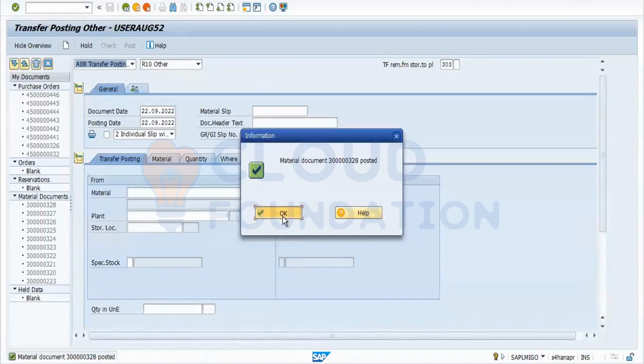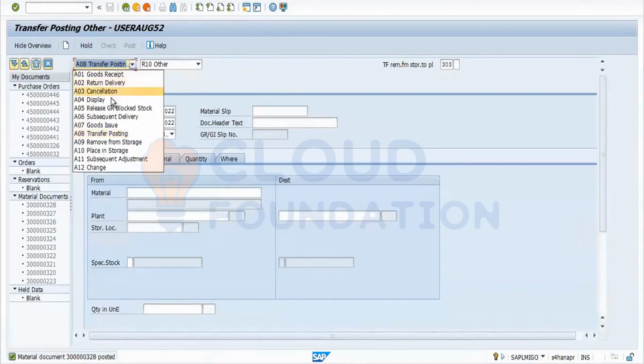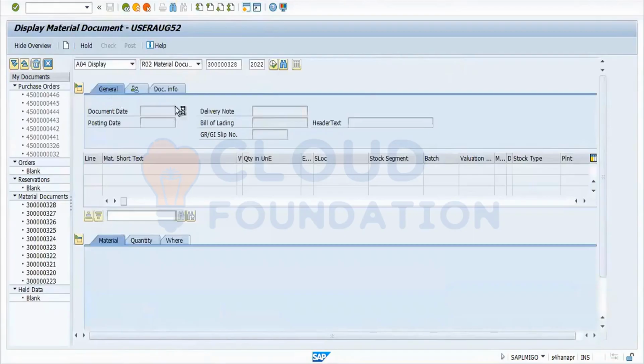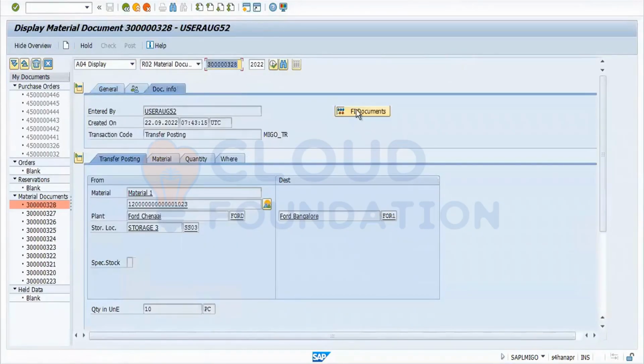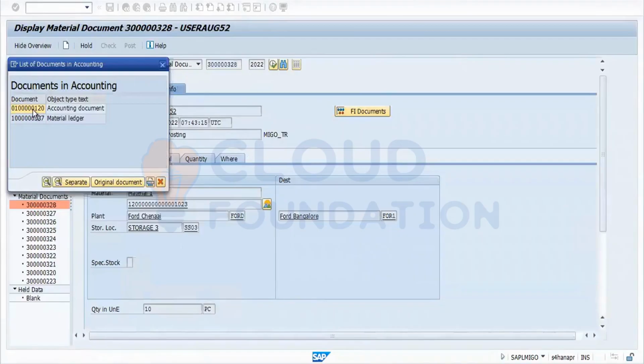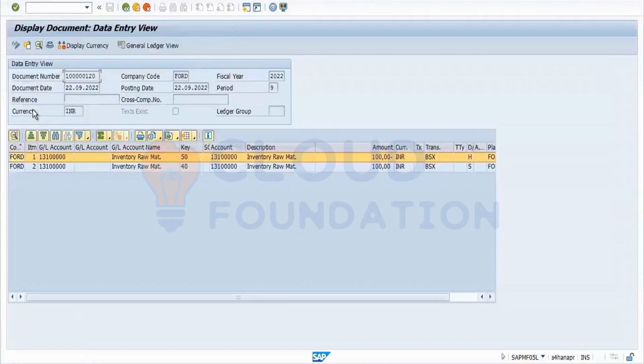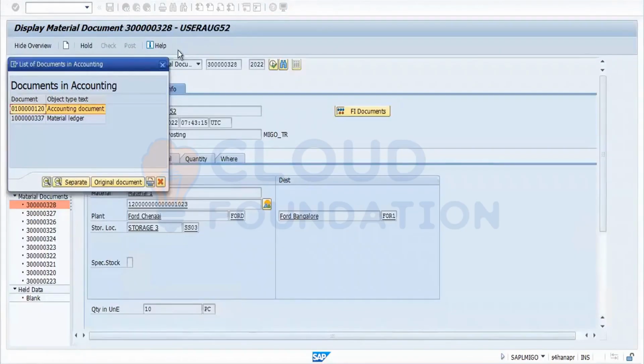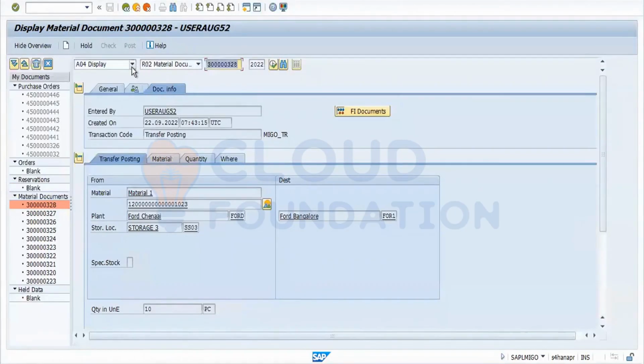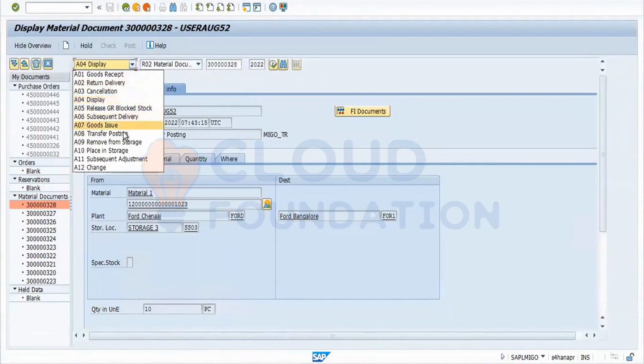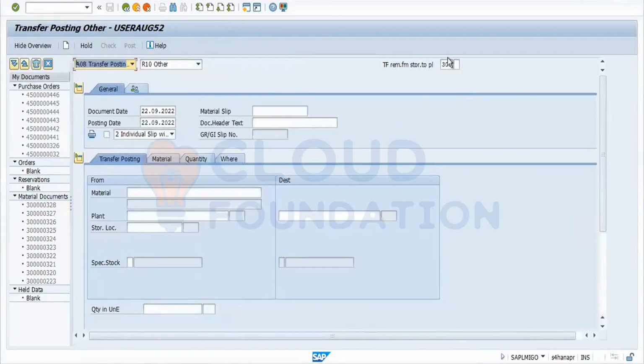What will happen? Now you can check the material document and the accounting document created. If you check this financial document, the accounting document will be generated when you do the plant to plant transfer. Inventory debit and credit will happen here. And in the receiving side, transfer posting. In the receiving side, if you receive this stock,